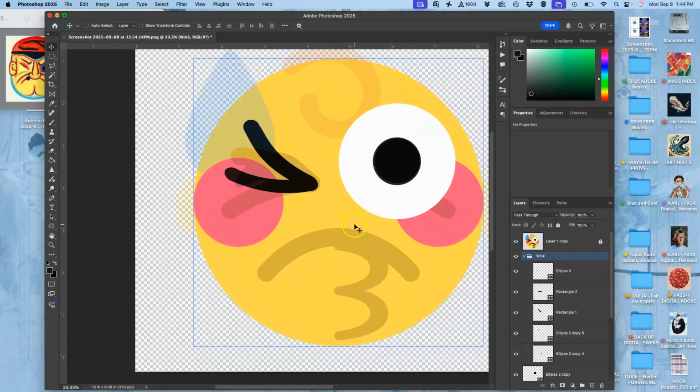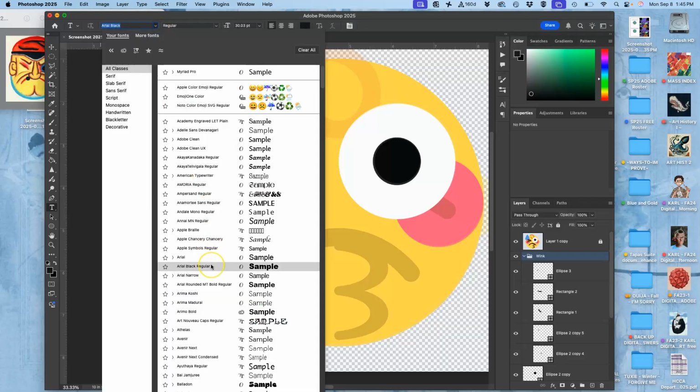Okay, what's next? Probably the most difficult shape in mine are these arcs here. So I'm going to show you another trick. I could make that in a similar way using vector shapes, but another form of vector shape are typefaces. And I didn't show this in the other class, but I said that you were allowed to use typefaces if you wanted to. So if I go to the type tool and I choose a typeface,